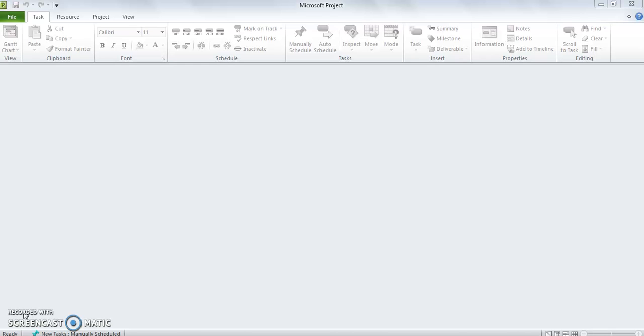Welcome back. So we have come a long way to learn about this tool. We have learned different features, like how we can create a task, what is the difference between manually scheduled and auto scheduled, how we can define the predecessor and successor within this tool, how we can add resources in our project plan, how we can assign resources to any particular task, and how we can provide the duration for a particular task,